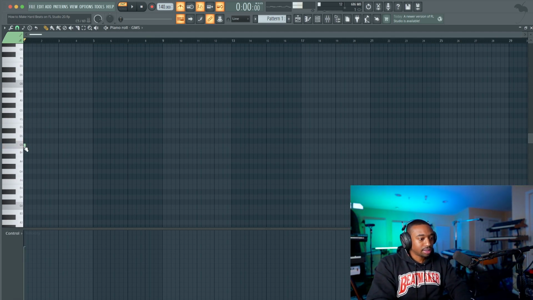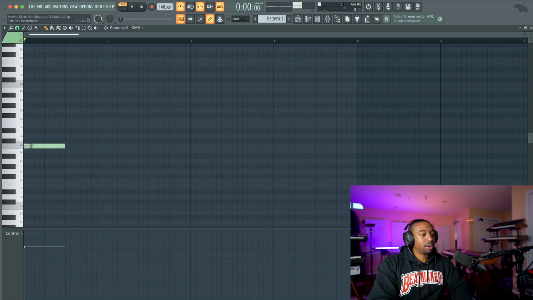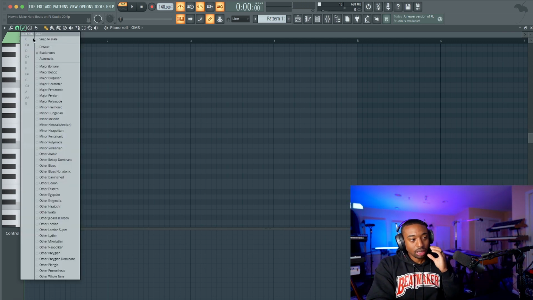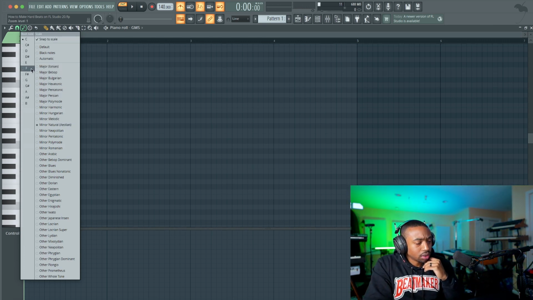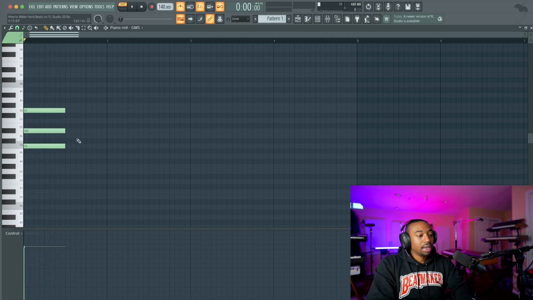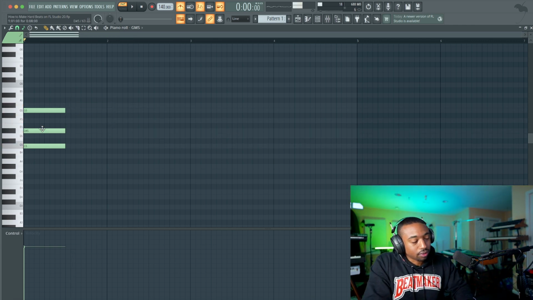So let's start at C just to make it simple. Let's write out C minor. So it's C, E flat, and then G. If you struggle with the keys and everything, you could use the snap to scale function. Right click, go to snap to scale, and then change your scale to, where is it at? Minor natural, and then select C, or whatever key you want to be in this case, C. That will lock your notes to the scale so you don't get confused.